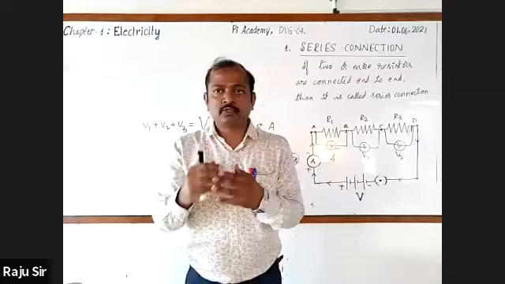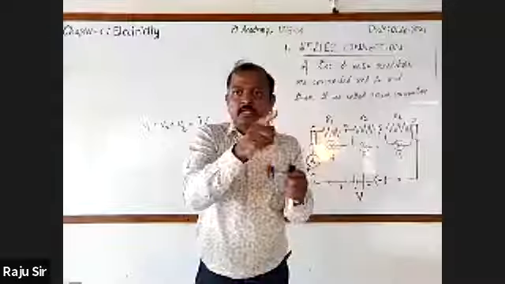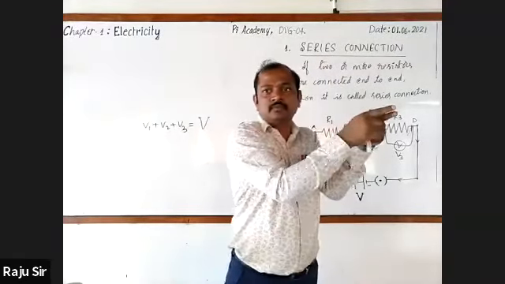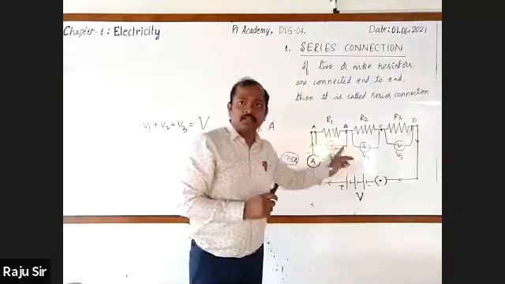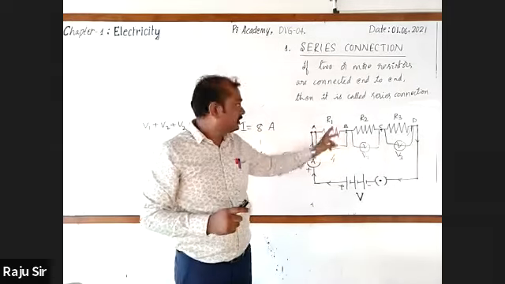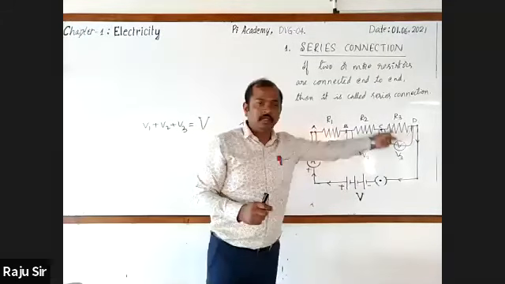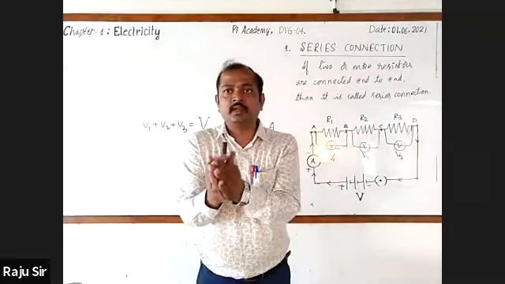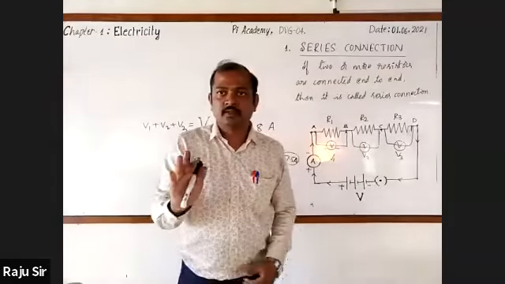Listen. With respect to this series connection, you have to remember two important points. One, from current: when the resistors are connected in series, once the electric current is constituted, the same amount of current flows through all the resistors. Then, when the resistors are connected in series, the sum of the voltage across each resistor is equal to the voltage of the battery. If you take all the voltages and add them, you will get the voltage of the battery. Got it? Got it.